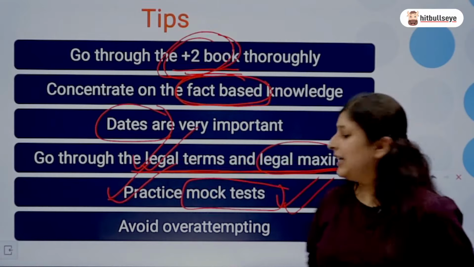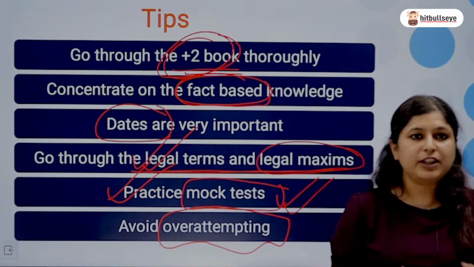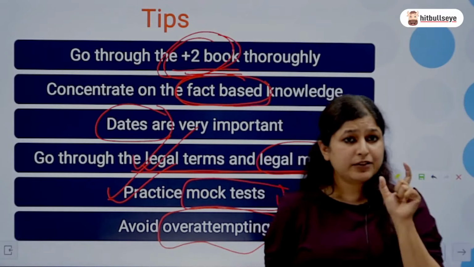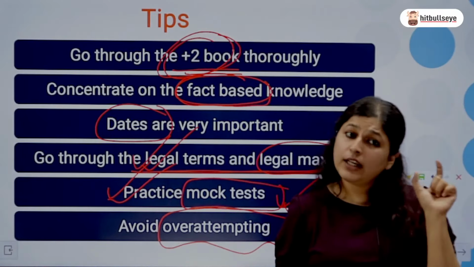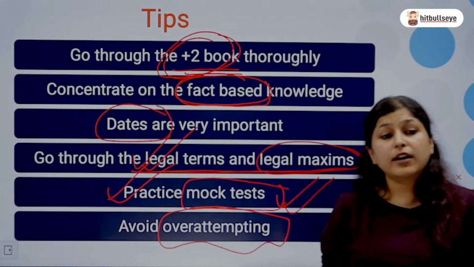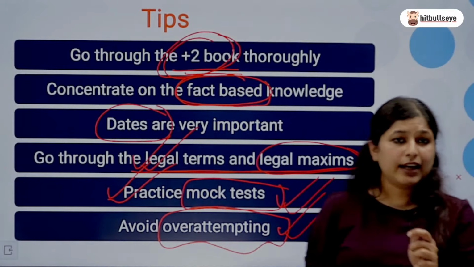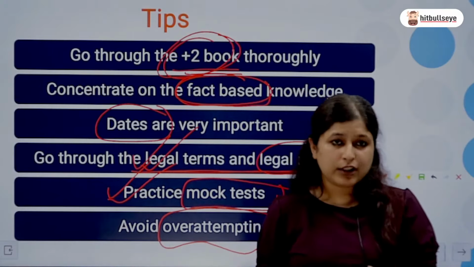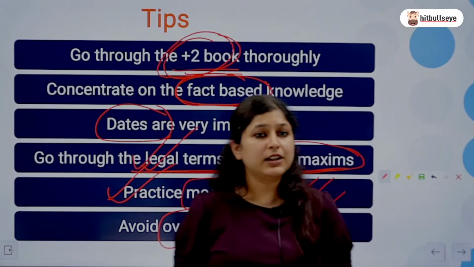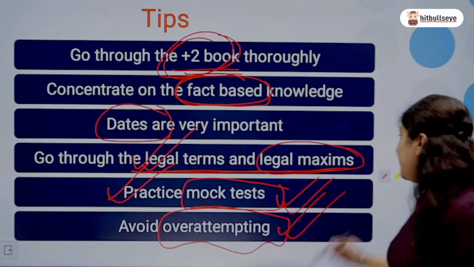Last but not the least, do not over attempt. Do not get into that compulsion that I have to attempt all 50 questions. That is not the situation anymore. You have to understand that only 40 questions are valuable for you and you have to do only those. It is okay to leave a few questions, because you do not get any marks from those questions. We do not have to over attempt. It is direct: 40 questions to be done, answer only 40. Do not get into that whole loop that I have to do all 50 questions. No, that is not going to help anyone at all, right? So this was some of the